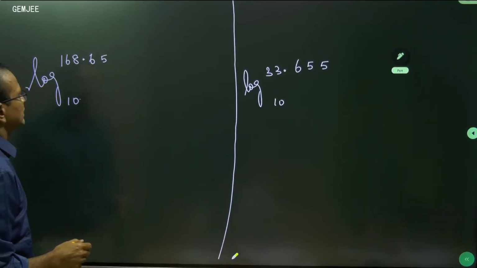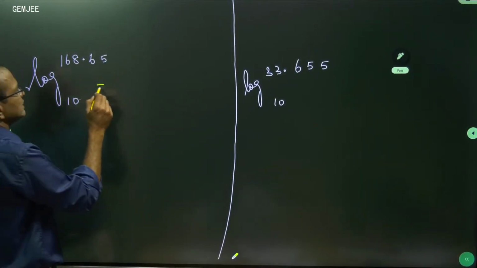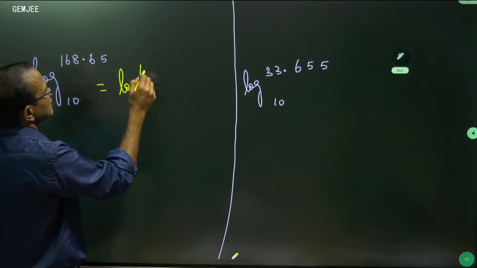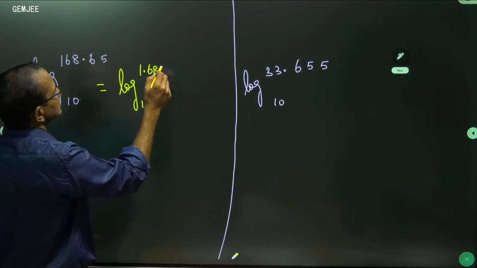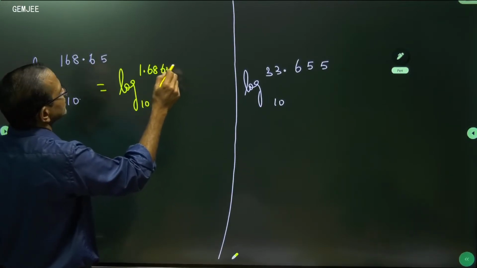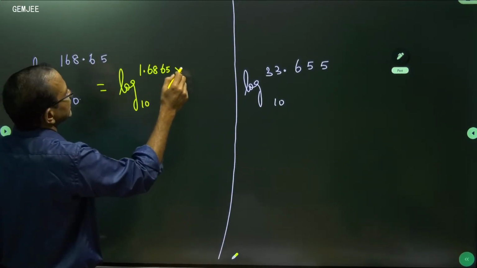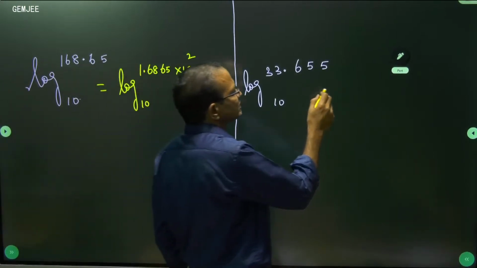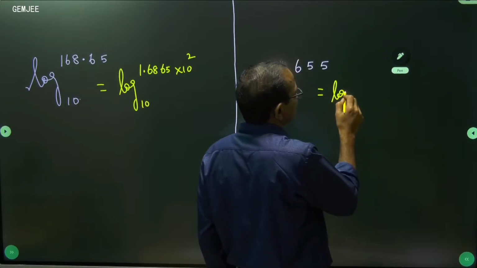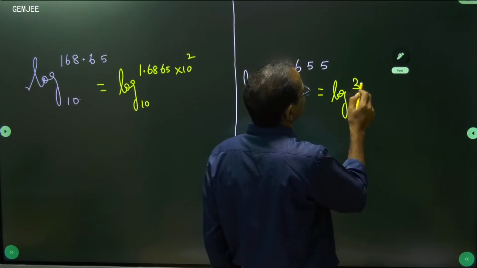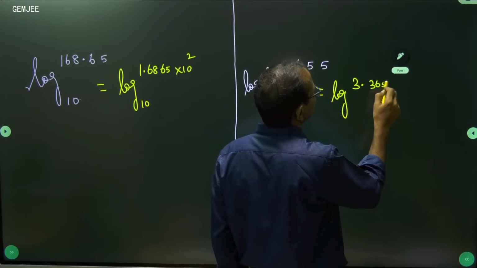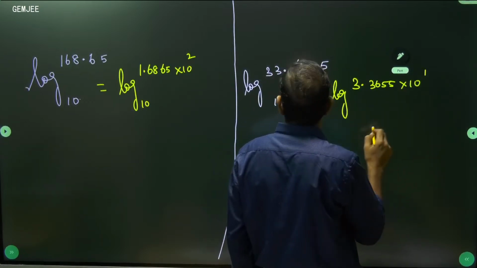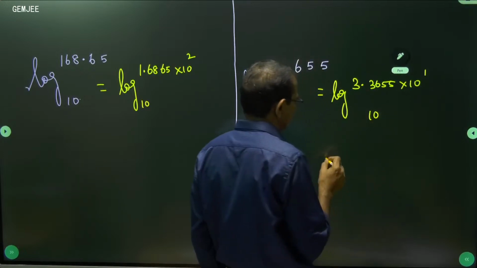Go ahead. This can be written as log to the base 10 of 3.3655 into 10 power 1, yes, equal to